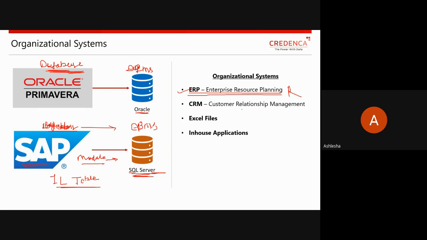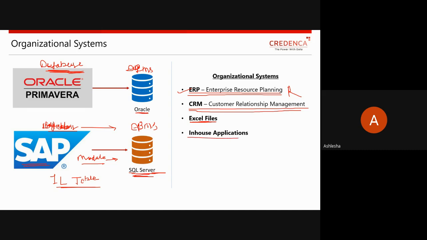Next one is CRM, the customer relationship management system. DMart may use a CRM system to manage customer data. Then some organizations use simple flat Excel files to maintain their data.